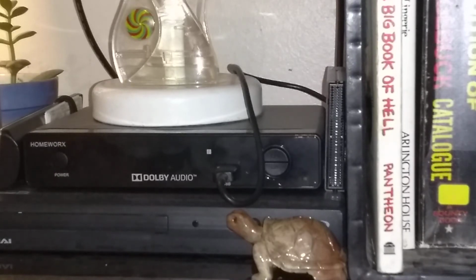Basically like a computer, like the old tech IT guys used to say, just turn it off and turn it back on again. And then that pretty much fixes everything for a day or two, most of the time. Sometimes it'll actually restart itself in the middle of recording or in the middle of just viewing television. It'll just reset itself, run into an error and reset itself. So not entirely sure what's behind that, but we'll go back up to the screen here